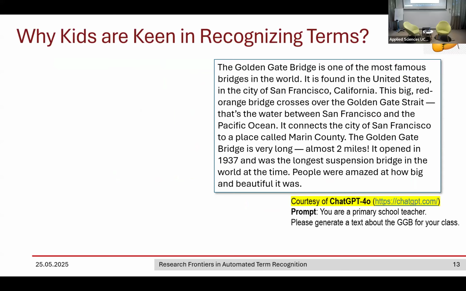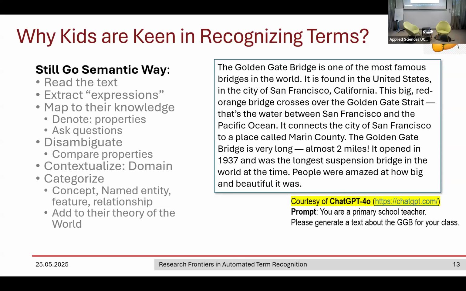This is the text generated by ChatGPT free of charge. And that is the prompt. You are a primary school teacher. Please generate a text about the Golden Gate Bridge for your class. So kids are quite keen because they're still going the semantic way, following these